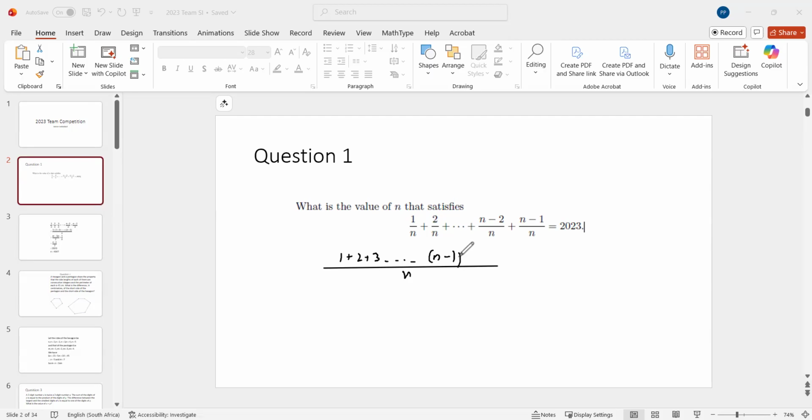of all the integers starting from 1 going up to n minus 1. Now there is a formula for the sum of the first natural numbers, and I think all Olympiad enthusiasts should know this as one of the fundamental formulae. It's n into n plus 1, the number of terms times its successor, n plus 1, divided by 2. All right, so this will be n minus 1